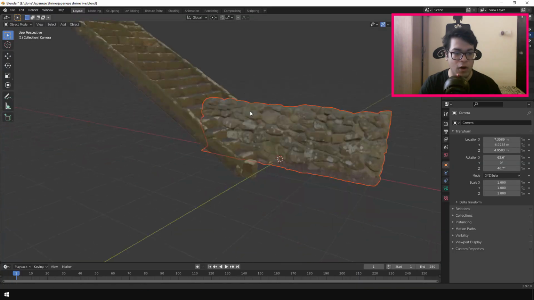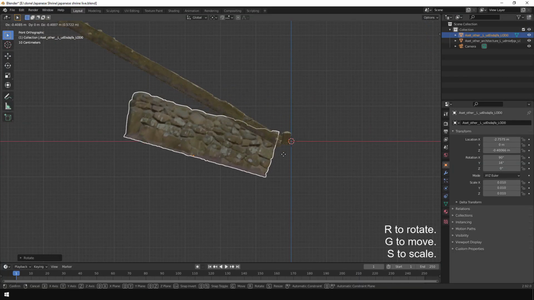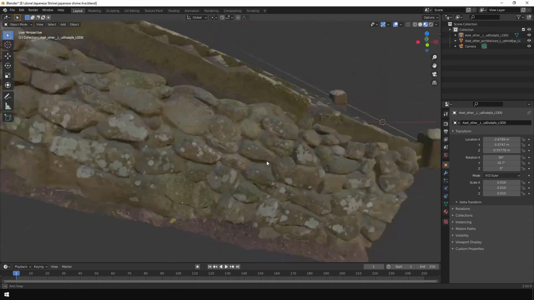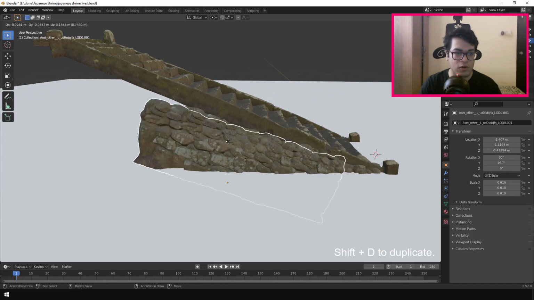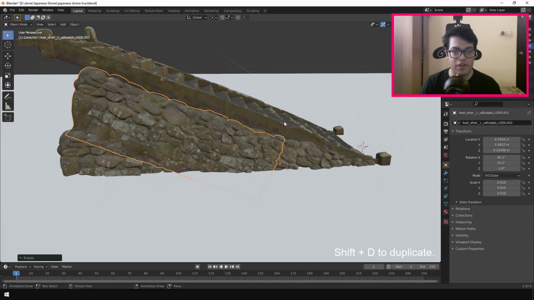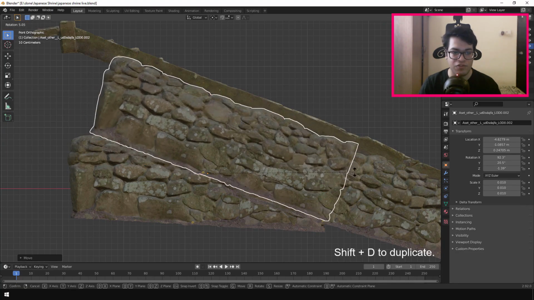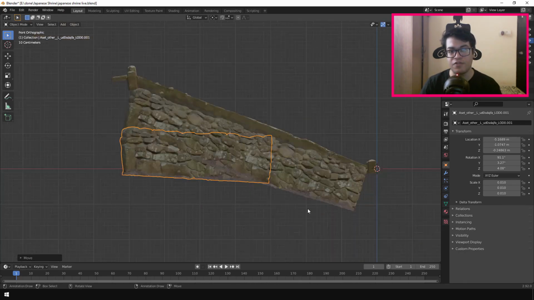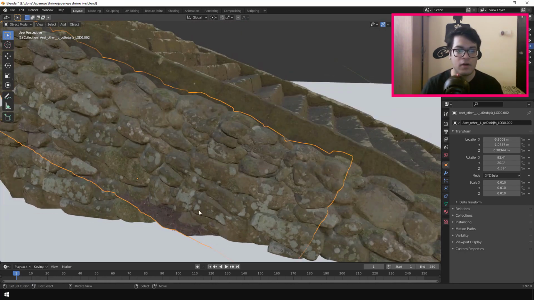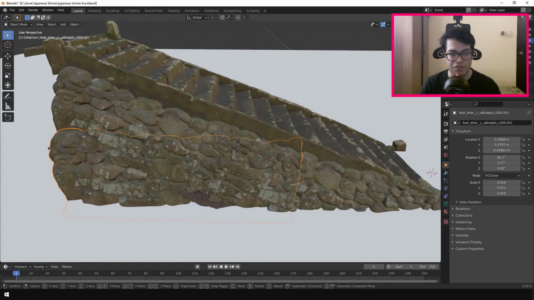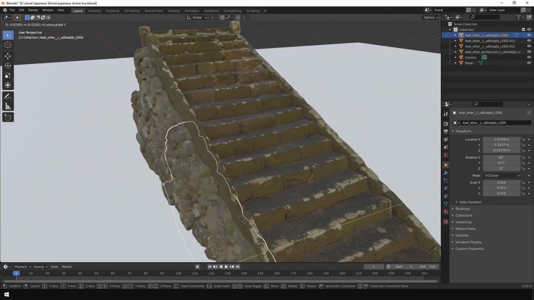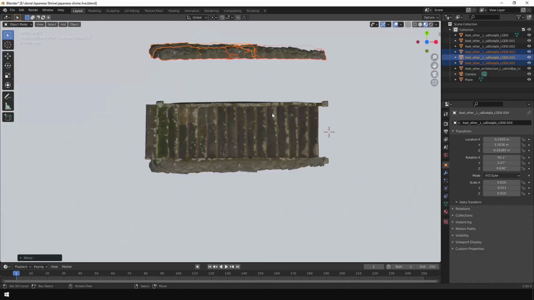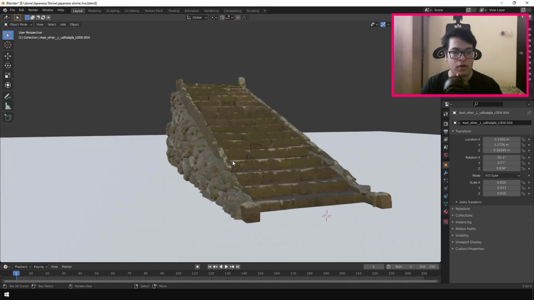I've imported this wall, and I'm going to add a plane as well. This will be the ground level. I'm just scaling them, moving them and rotating them. So basic stuff, nothing fancy is going on right here, and I'm making sure that these assets blend in a seamless fashion. So this looks pretty good.